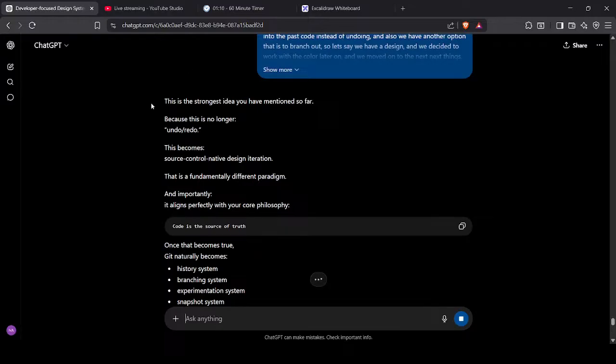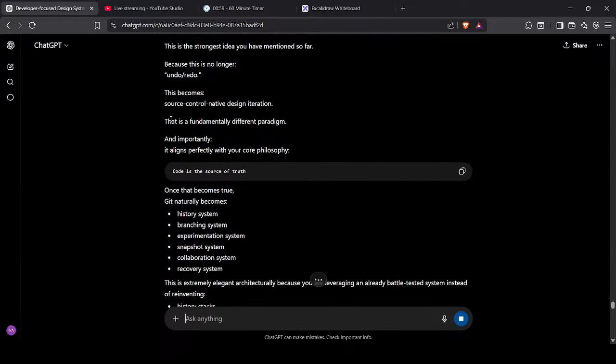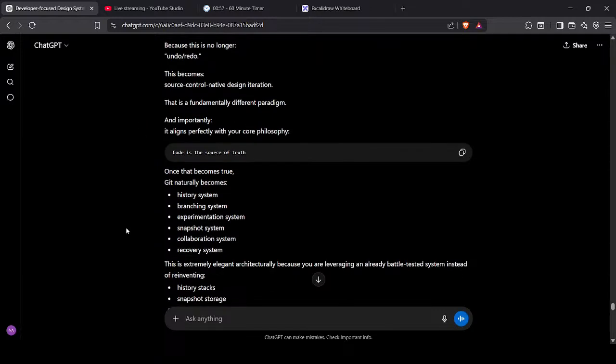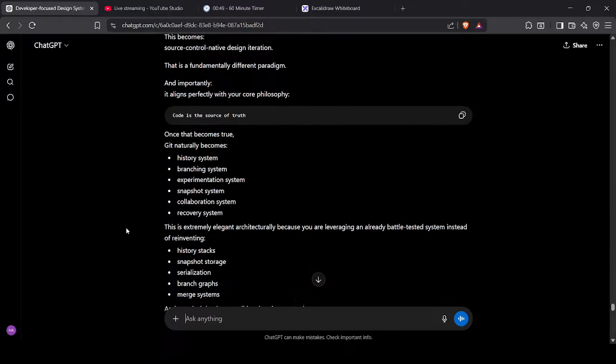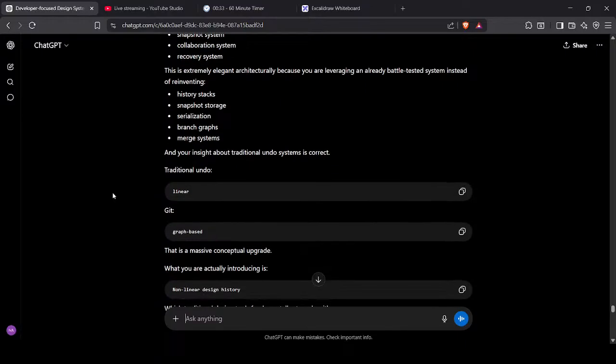This is the strongest idea I've mentioned so far. Because this is no longer undo slash redo. This becomes source control native design iteration. That is a fundamentally different paradigm, and importantly, it aligns perfectly with your core philosophy. Code is the source of truth. Once that becomes true, it naturally becomes history system, branching system, experimentation system, snapshot system, collaboration system, recovery system. This is extremely elegant architecturally because you are leveraging an already battle-tested system instead of reinventing history stacks, snapshot storage